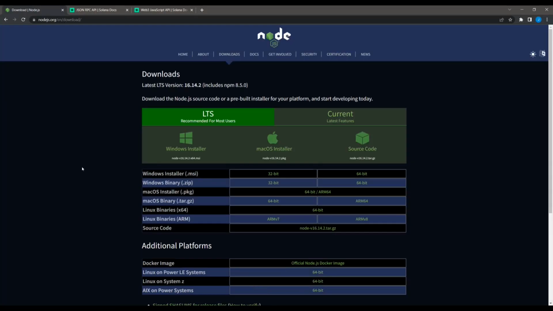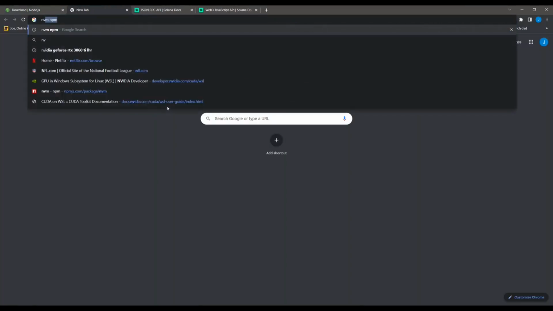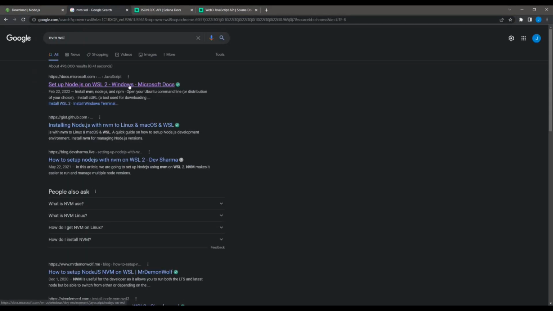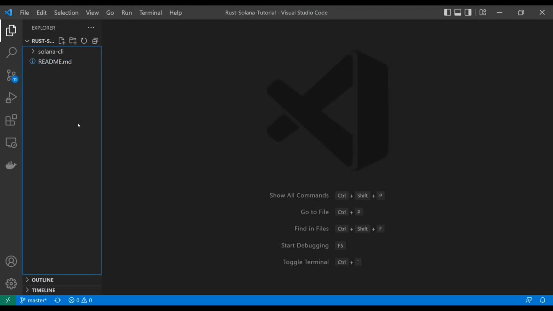So I encourage you guys to go download Node.js. Make sure you get NPM as well. And make sure you use NVM if you're using Windows Subsystem for Linux. It looks like this right here. This is actually really helpful to get the most recent versions of Node and NPM if you're using WSL2. Either way, once you've got Node and NPM set up, you're going to want to do our repository setup